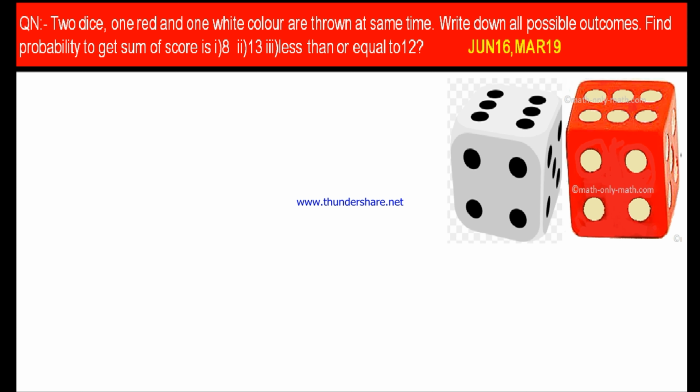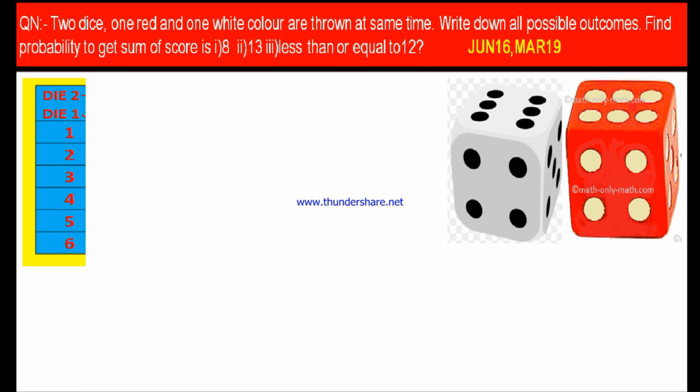Here are the 2 dice. One is in red color and the second is in white color. Did you see such type of dice? Okay. Now, did you play with them? Now, can you say how many faces are there on each die? Yes, there will be 6 faces, and there may be counts on each face, starting from 1, 2, 3, 4, 5 and the maximum score is 6.